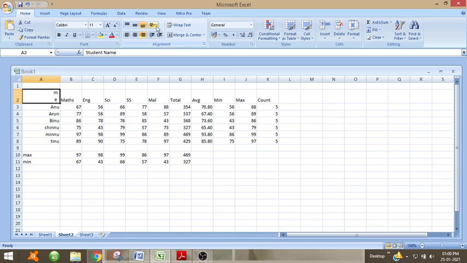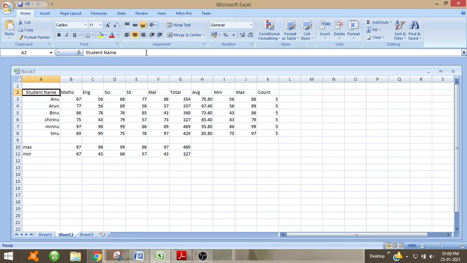If you want to give in vertical, now you can give indentation to the text.